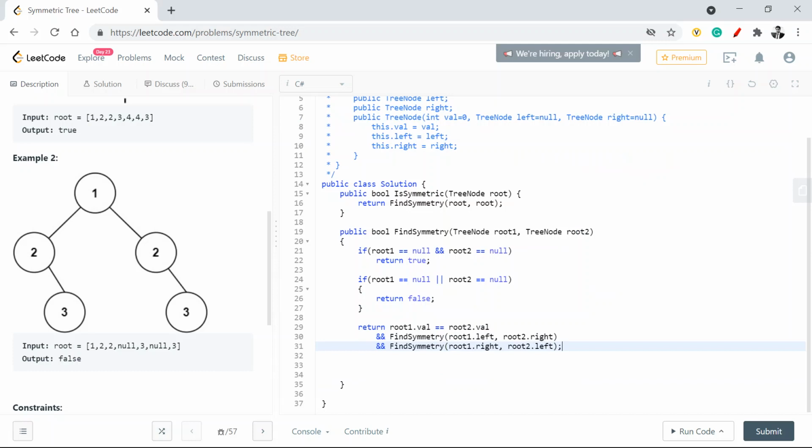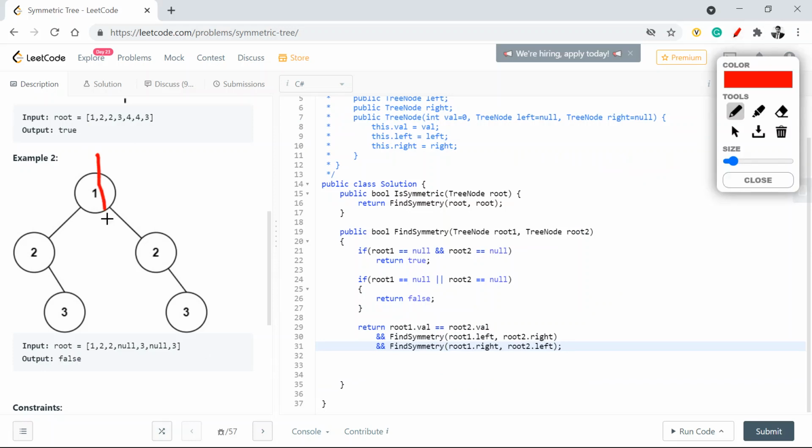What we are trying to do here is, if you remember why this was not symmetric, because this was fine, 1 was against 1, but this was also fine, 2 was against the 2. But if I'm looking at this child, I need to see whether it is present somewhere here or not, right?